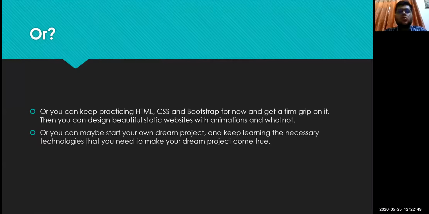So I think that is also an option that you can consider. Or other than that, if you have any idea in your mind and it's like a dream project for you, you can start with your dream project, and later you can learn all the necessary things that are required to make that dream project come true.